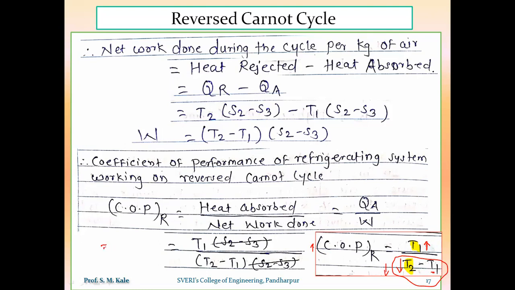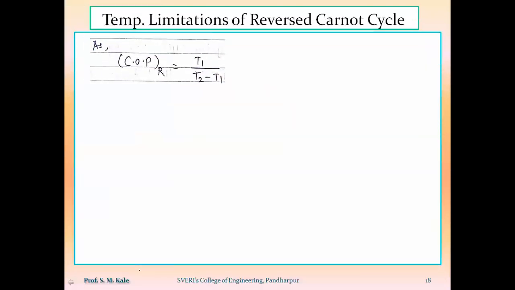How is this happening? If I'm considering 10 divided by, suppose, 4. Here, if I want to increase the COP, I will have two options. If I want to keep the denominator as a constant parameter, then I have to increase the numerator, that is 12 divided by 4. In this case, the value of COP will go on increasing. Otherwise, another option is, by keeping the numerator the same, if I decrease the denominator, in this case also, the value of COP will go on increasing. Are you getting it? So there are two possible ways to increase the value of COP of reverse Carnot cycle.